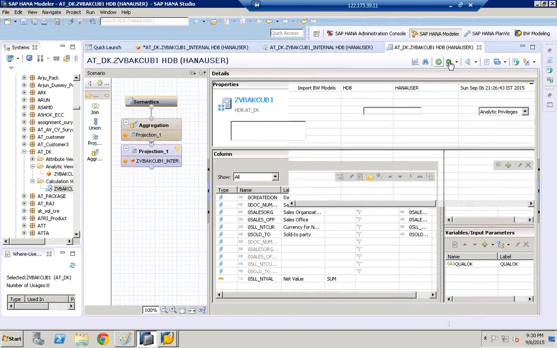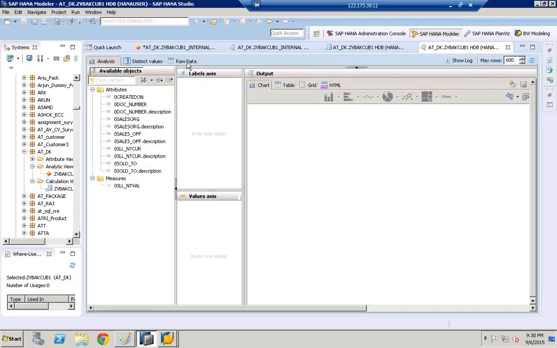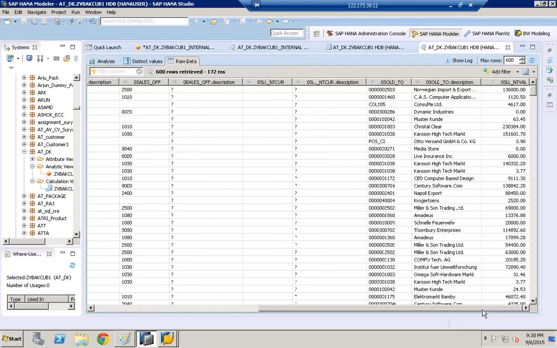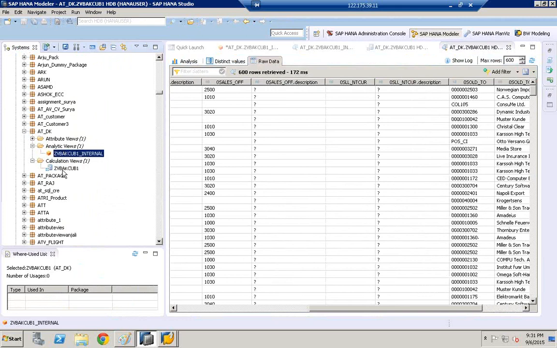Click validate, click save and activate. And data preview. And click on raw data. So it also has the same data. So these calculation views can be used in other calculation views as the data sources. So this is one way how to import cubes to HANA Studio. And the other way to import is you can directly go to BW,